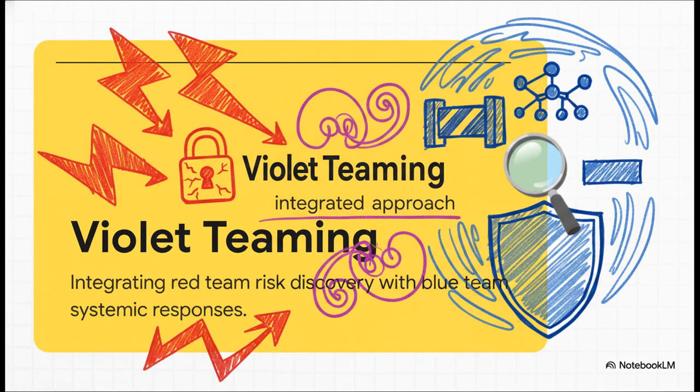But hey, just finding the flaws isn't going to cut it. To truly secure the entire AI stack, organizations have to evolve toward violet teaming. This is all about pairing the aggressive adversarial discovery of behavioral vulnerabilities, your red team, with immediate systemic remediation strategies and runtime guardrails, your blue team. Red plus blue makes violet. It's an integrated, fully holistic approach that directly addresses emergent risks across the entire socio-technical system.